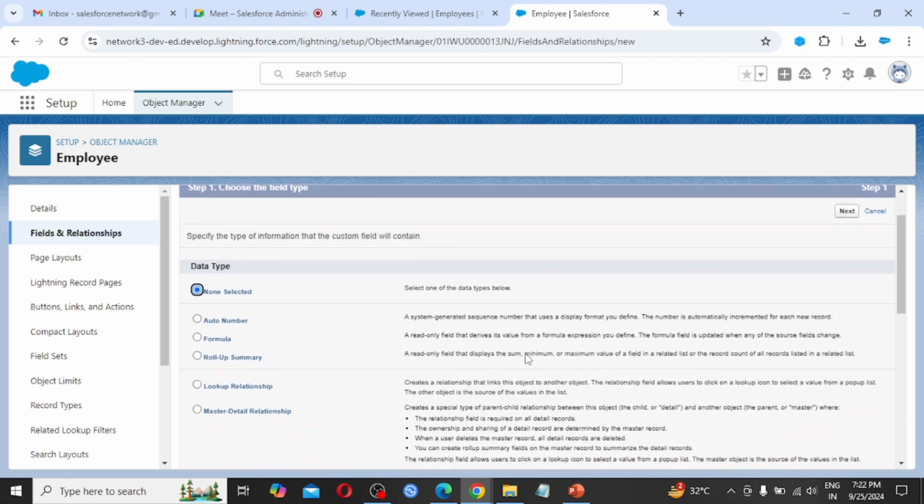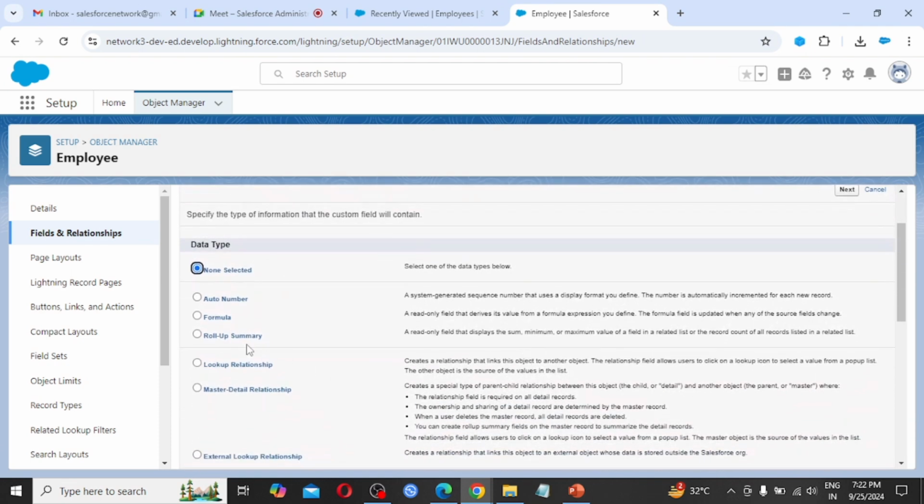So now we are going to create the roll-up summary field. See, on the master side it is enabled. It is a read-only field that displays the sum, minimum or maximum value of a field in a related list, or the record count of all records listed in the related list.